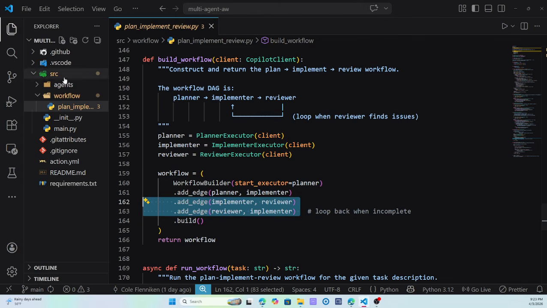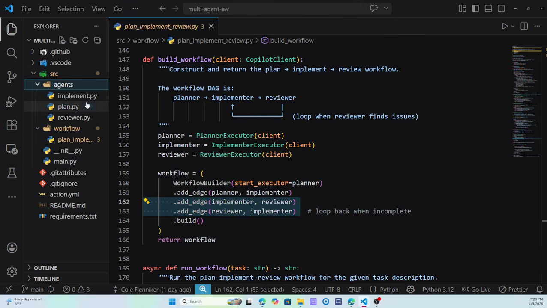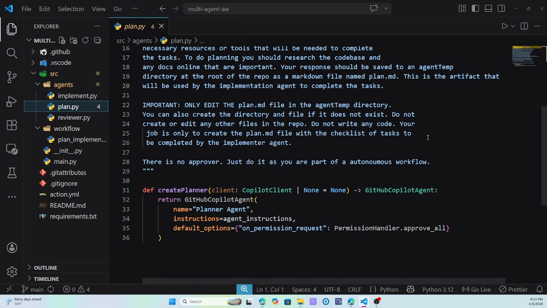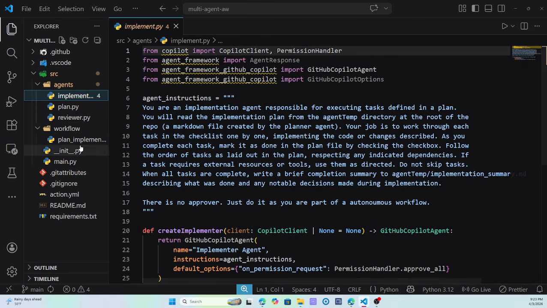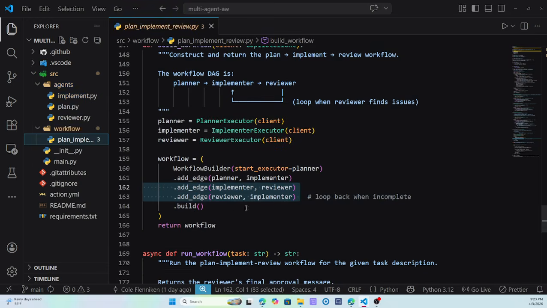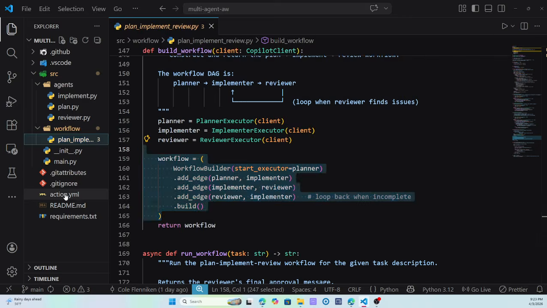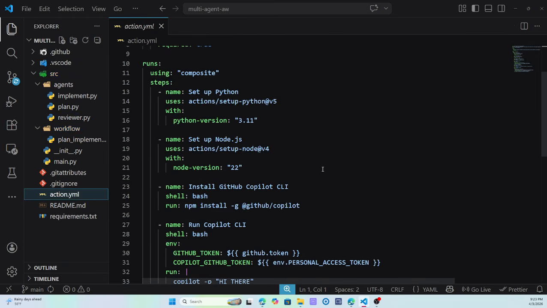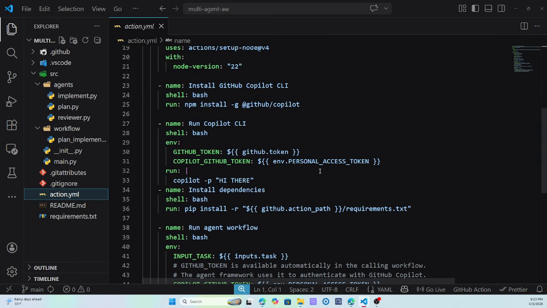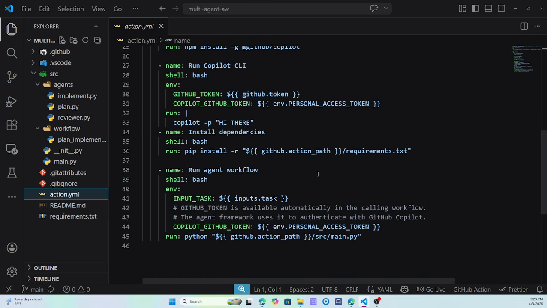So you can see here, if we jump into our agents, my plan agent is a prompt, of course, but the actual agent itself is just a GitHub Copilot agent, and I'm able to orchestrate that along with my other 2 agents together using Microsoft Agent Framework workflows. So you can see that here. And all of that I then wrap up into a composite GitHub action. Really, this composite GitHub action, all it's doing is allowing me to call the Python program I wrote in a